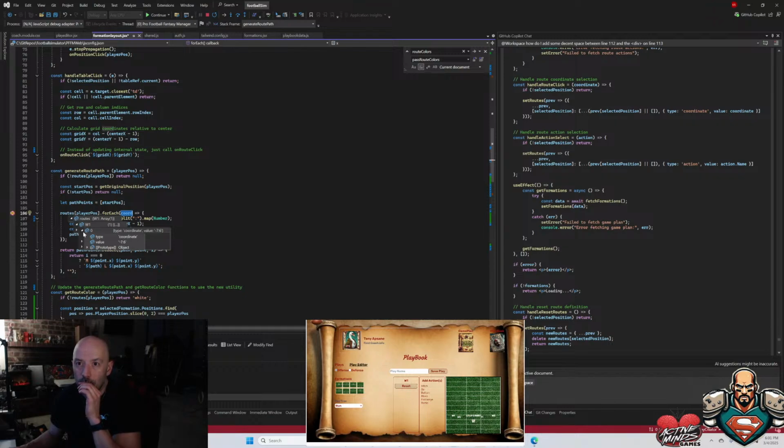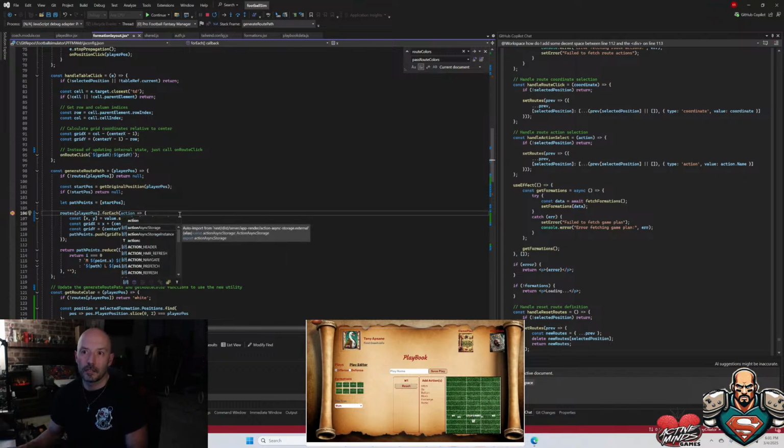So I got W1, and in there we have for each, is it action? For each action, let's call this route action. For each route action,